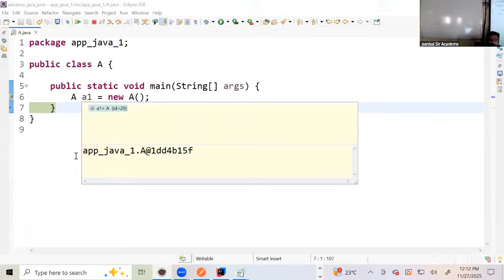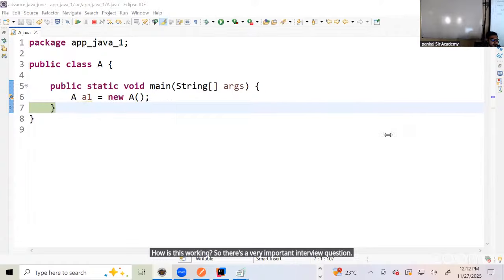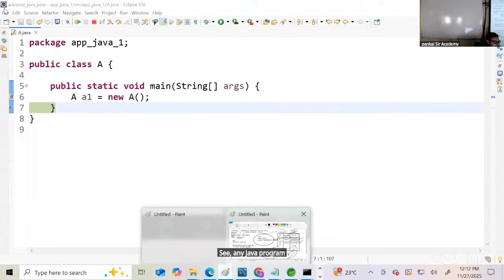How is this working? There's a very important interview question: what are default constructors? Let's understand that now. Any Java program that we write,